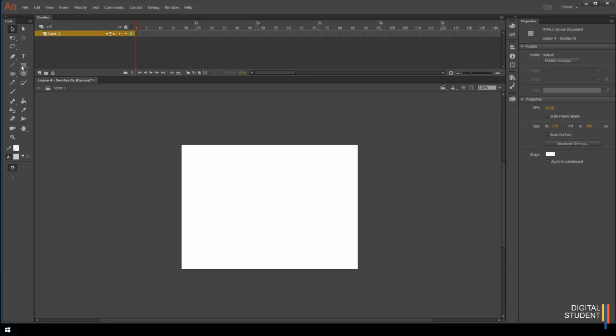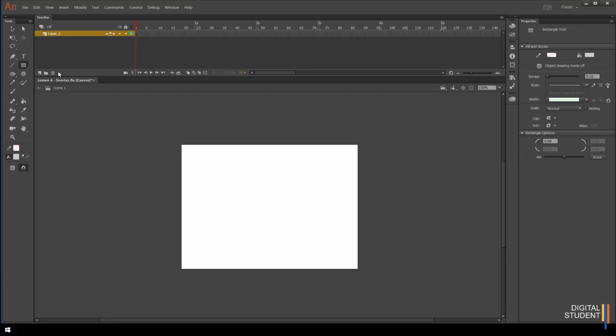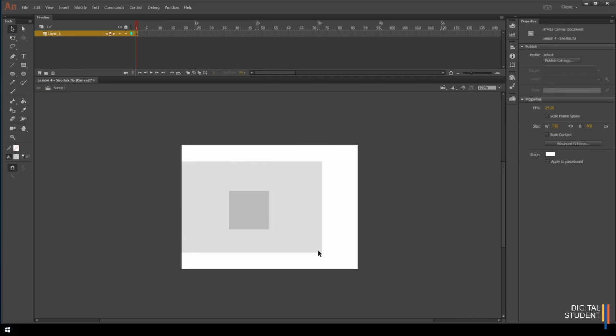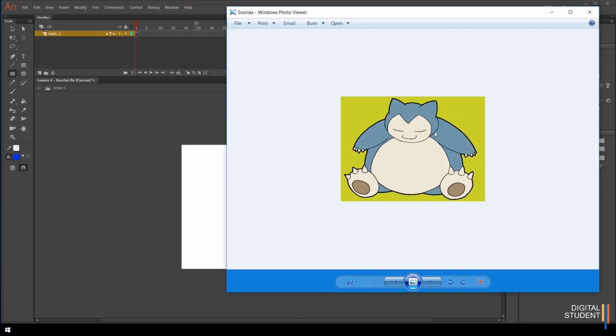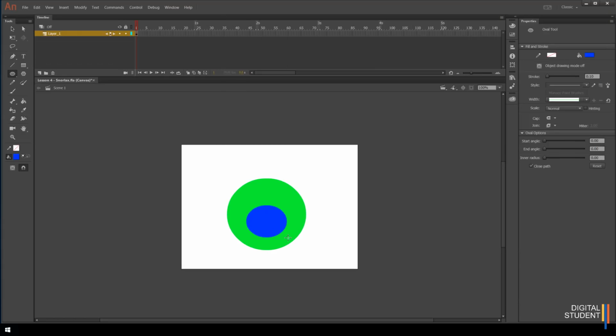Another thing that you can do, so let's go back to the normal shape. Let's just create an oval actually, because this will make more sense. So if I create my oval, and let's change the color to, I don't know, green. We create this big oval, and now let's create another oval with blue, and we'll try and create the same feature, this bit here, because this can be quite a task if you don't know what you're doing. If we create the other shape inside of it, just like we've got on the Snorlax,